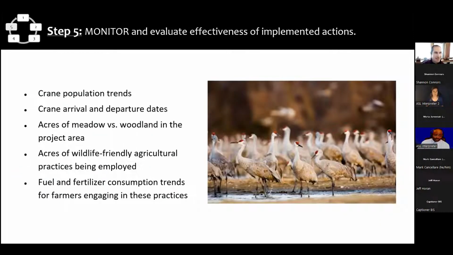And lastly, the last part of our adaptation workbook process is identifying things to monitor and information that you'll need to gather over time to know if your adaptation actions are indeed successful. So just showing some of the monitoring items that this team came up with to conclude their adaptation plan. So that was my brief tour.